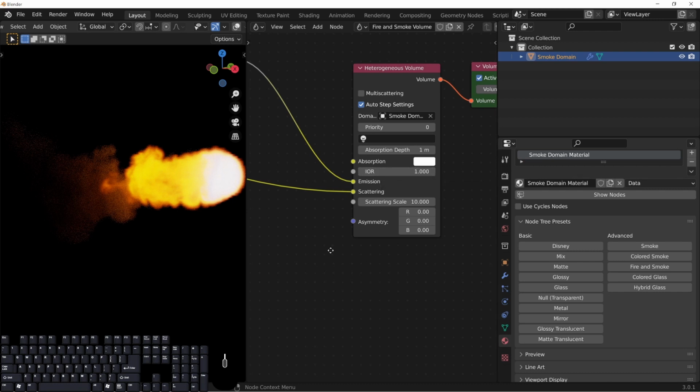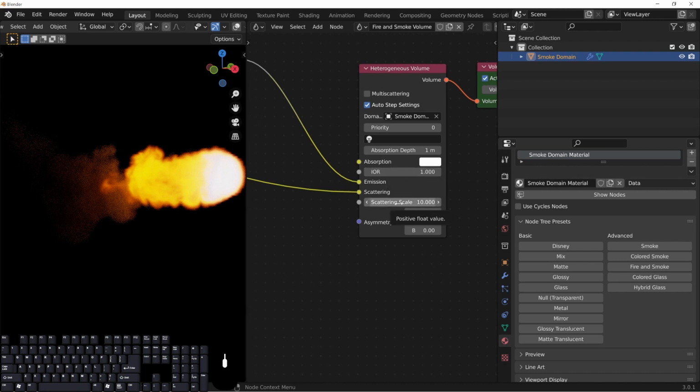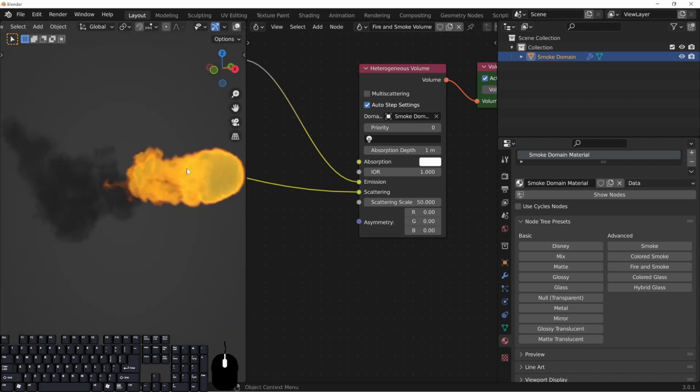So we're just going to leave it as that for now. And then there's scattering scale, which if we change this to a 50, for example, you'll see that that smoke got a lot more dense. And to show this a little bit more clearly, what I'm going to do is go into a solid mode